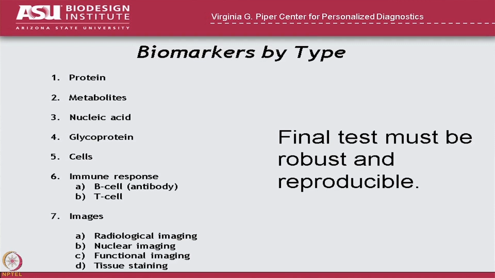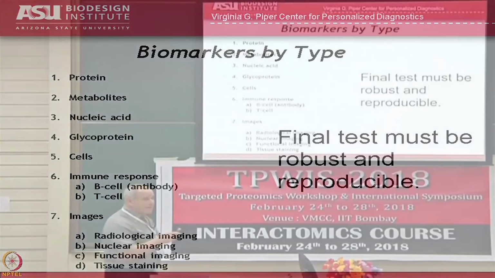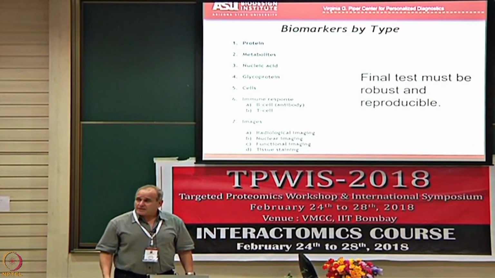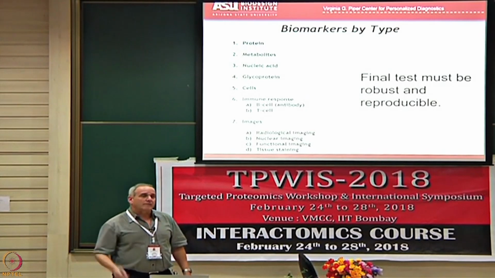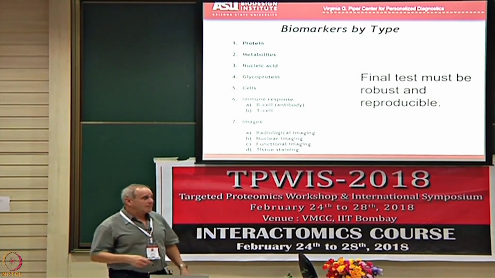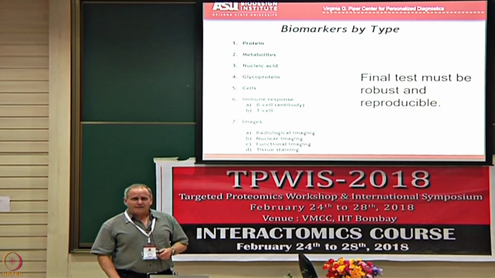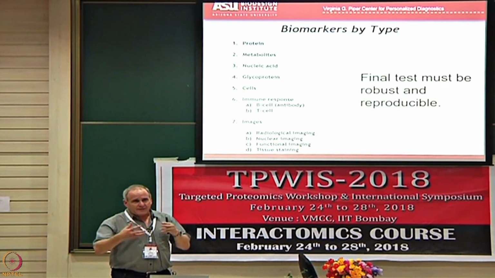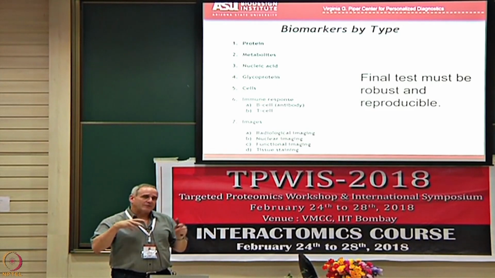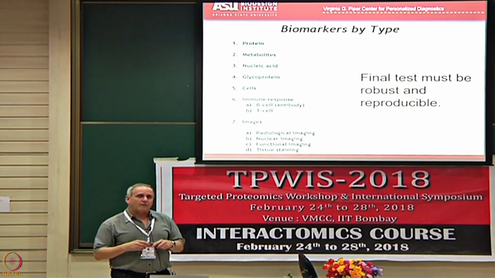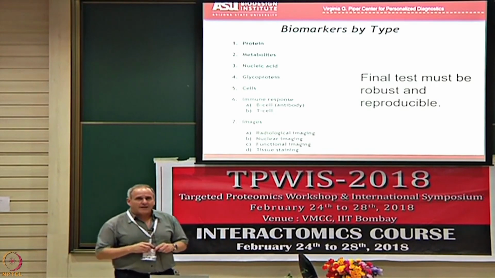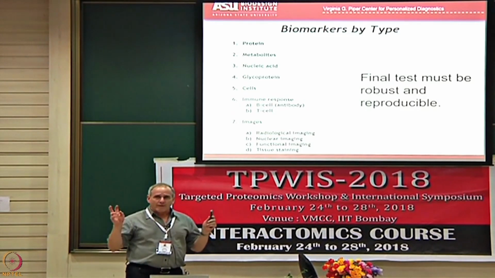Certainly, if you look at the immune response, there are two things you can measure here. In the case of B cells, you would look at antibodies that are in the bloodstream, and that's what NAPA does. NAPA looks at antibodies in the bloodstream. You could also look at T cells. T cells are much harder to look at in high throughput. The classic T cell assay is called the ELISpot assay. What you do is present the T cell with a presenting cell and an antigen, and then measure the secretion of gamma interferon or something like that. It's a complicated assay, and you can't really do it at the scale of omics.